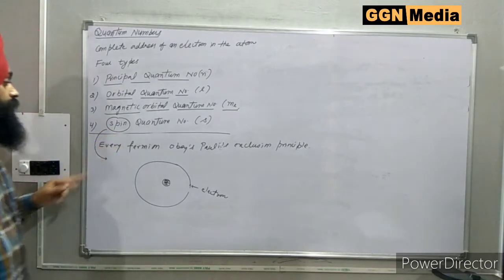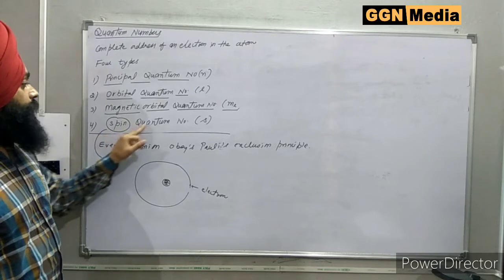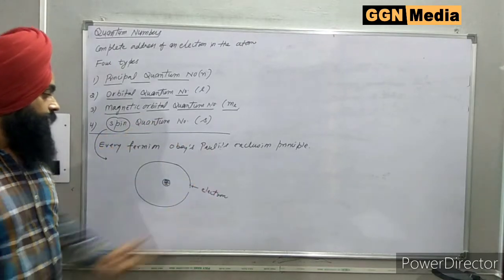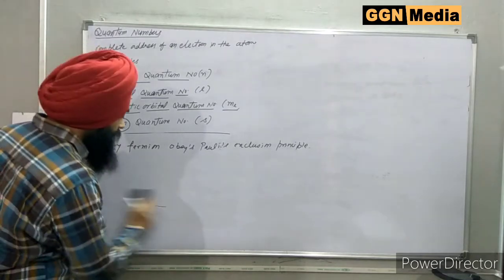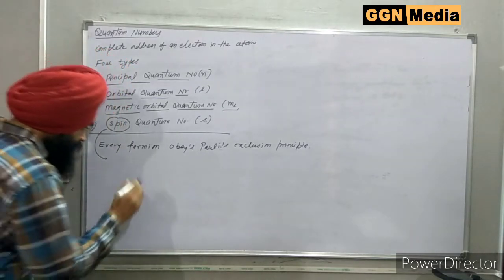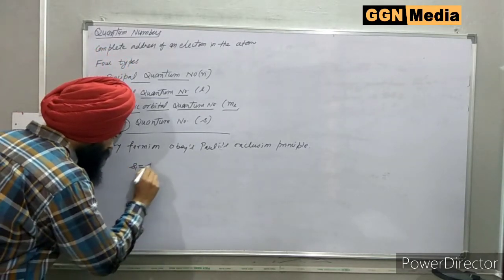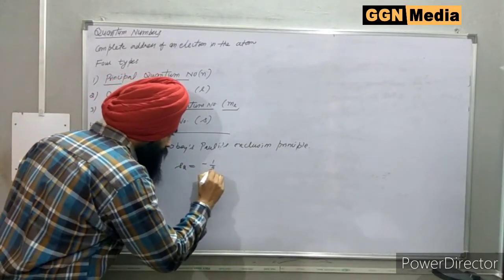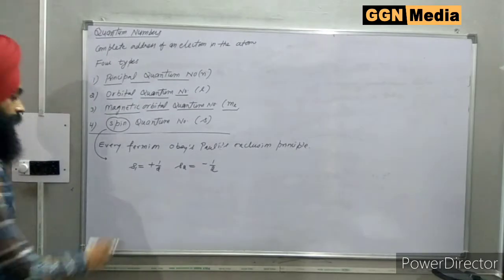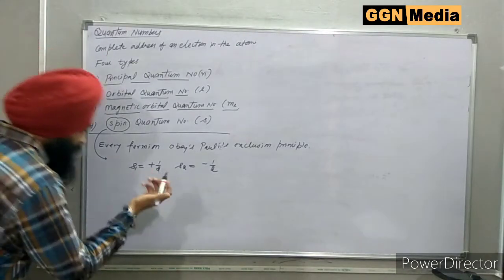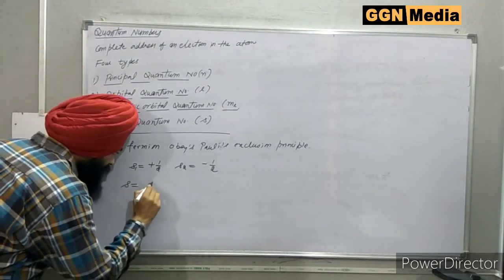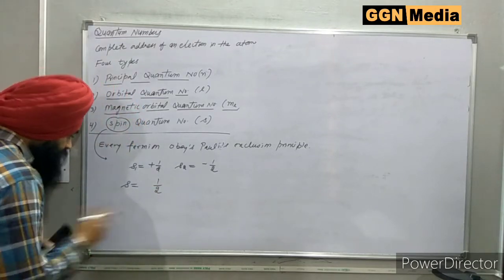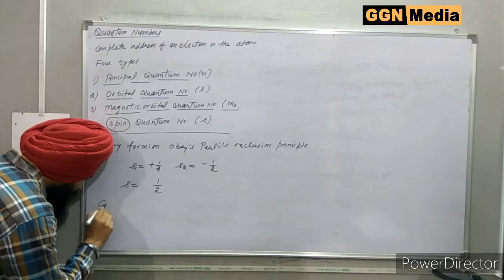And for that spin motion we have the spin quantum number, and this spin quantum number combined with the Pauli exclusion principle gives two values. S1 is equal to plus half, S2 is equal to minus half. Okay, in common we have S is equal to half, and corresponding